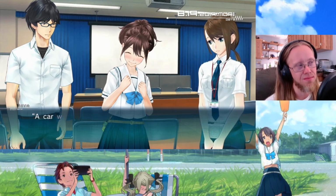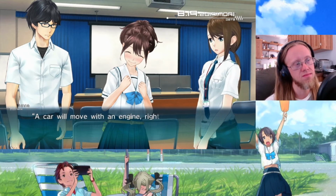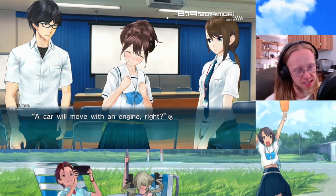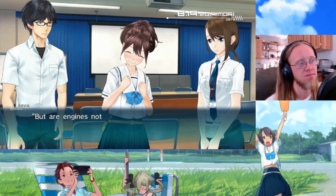自動車はエンジンをかければ動くよね。Yes. でもロボットにはエンジン向いてないの